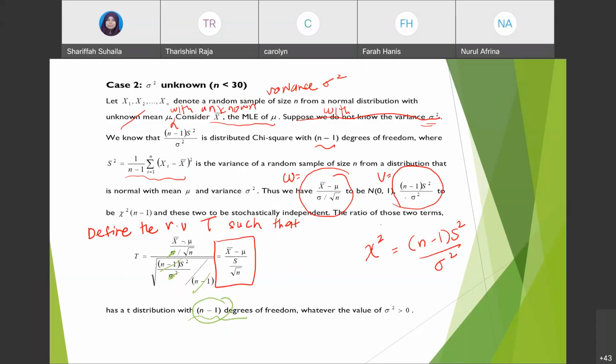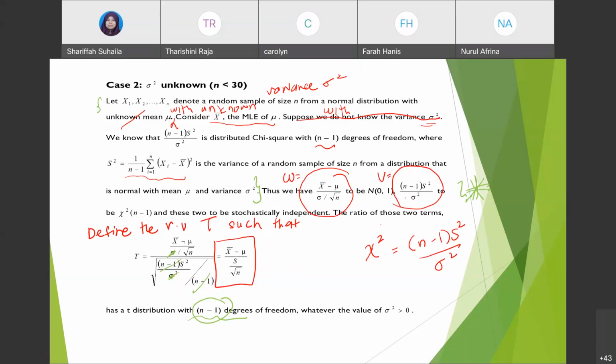Pun boleh jugalah, macam mana kita nak set up dia punya soalan, and then you derive. In your explanation, you need to have this one. Okay, this part is given from the question. So you need to write here: note that let's say you have a random variable W, X bar minus mu over sigma over square root of N, is a standard normal.